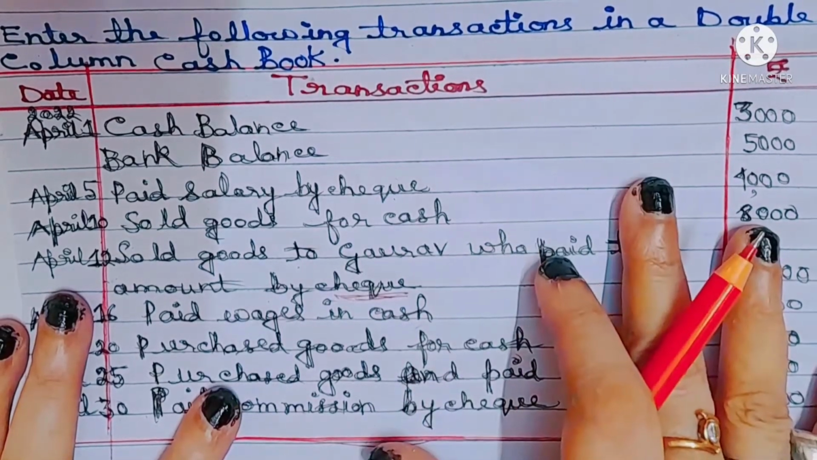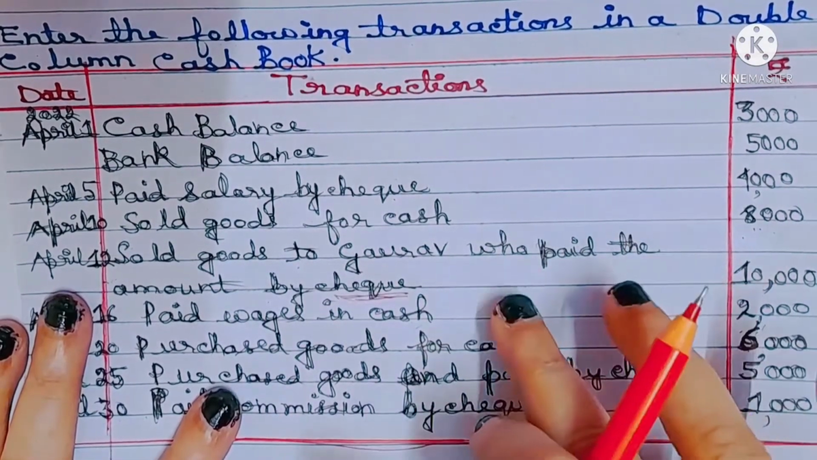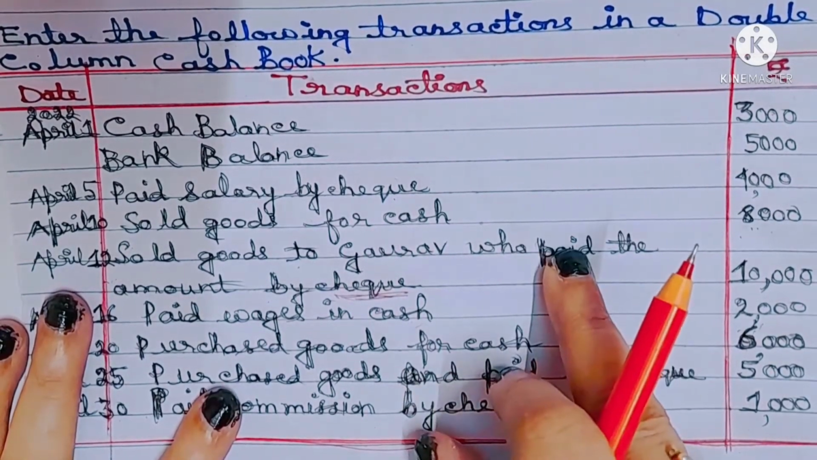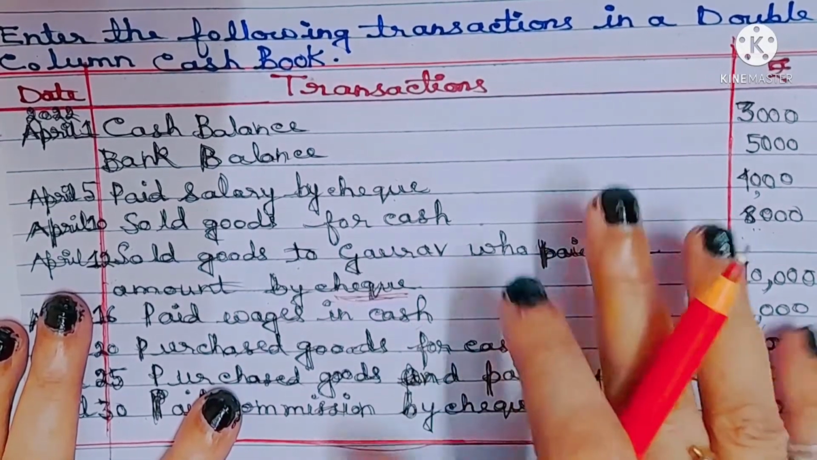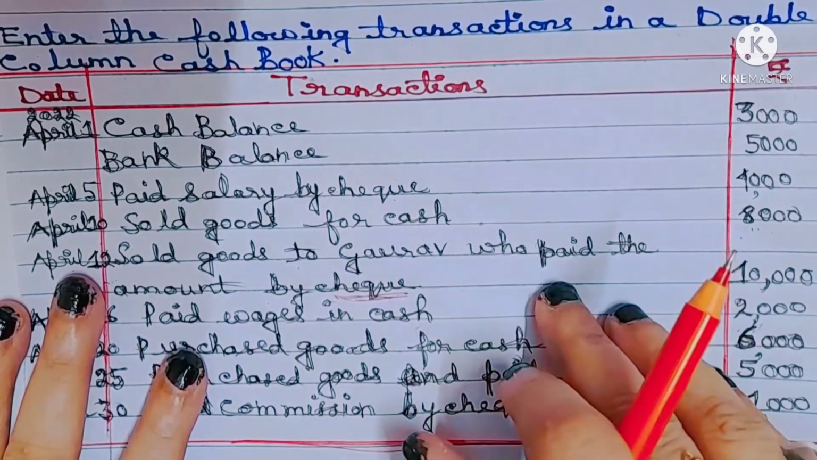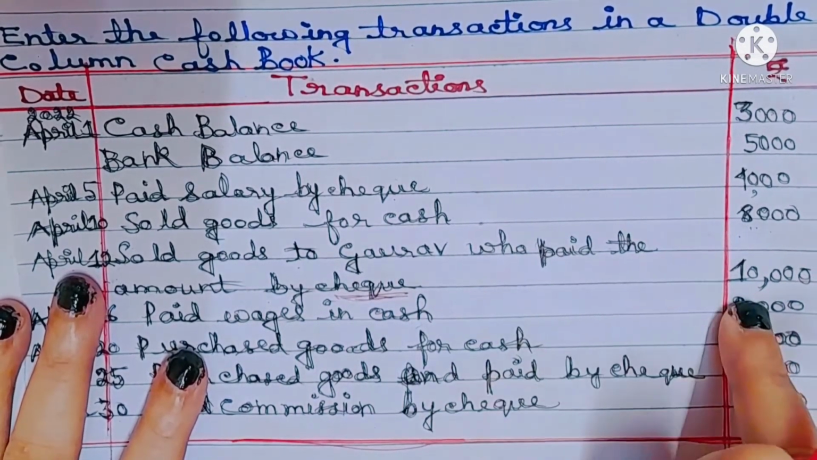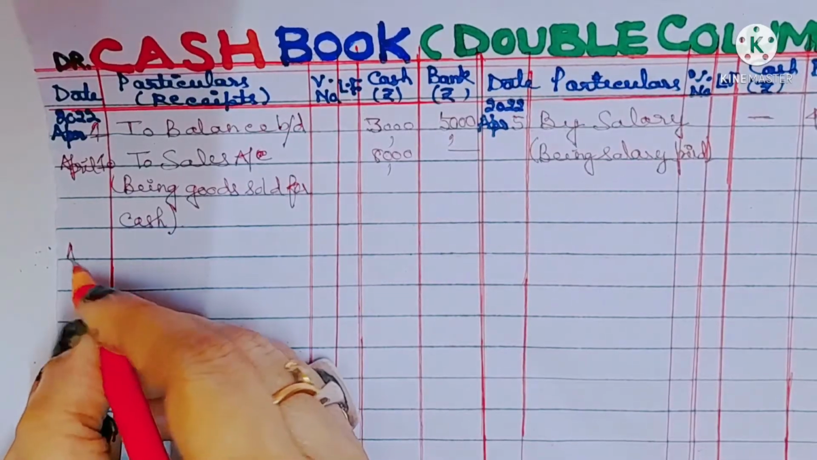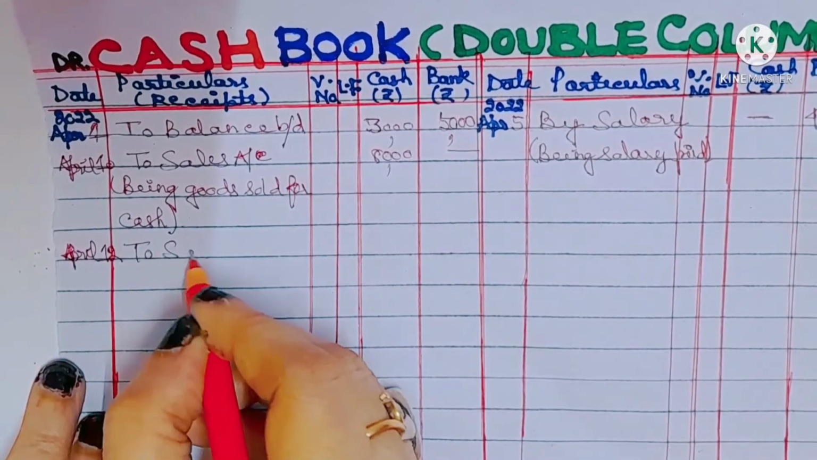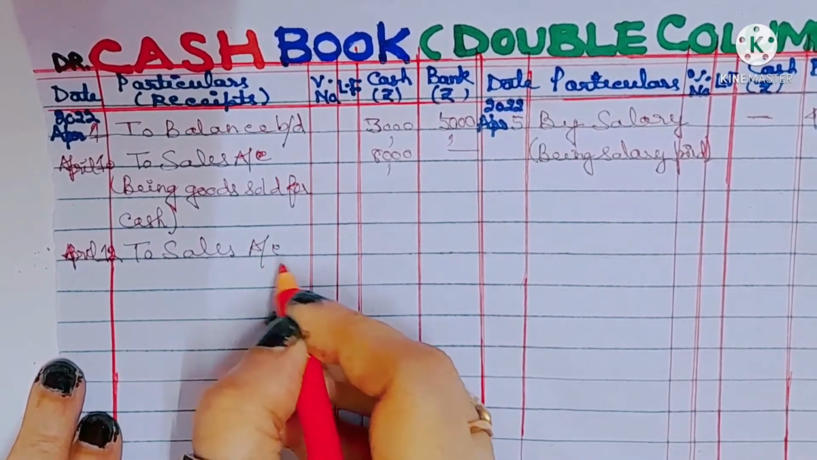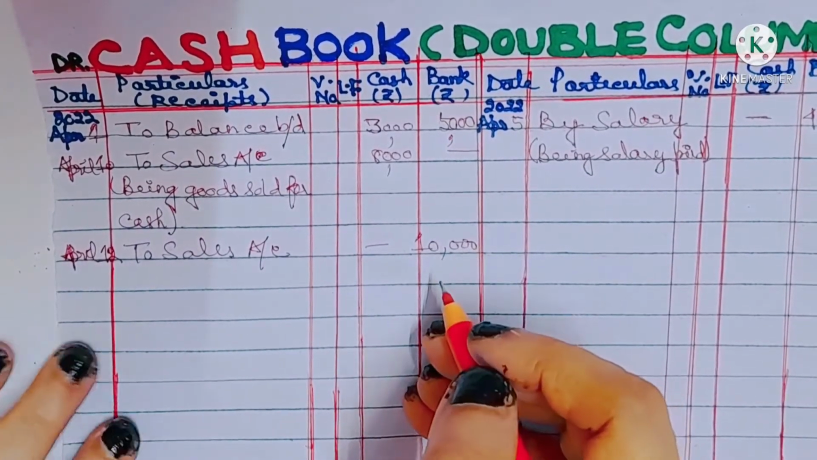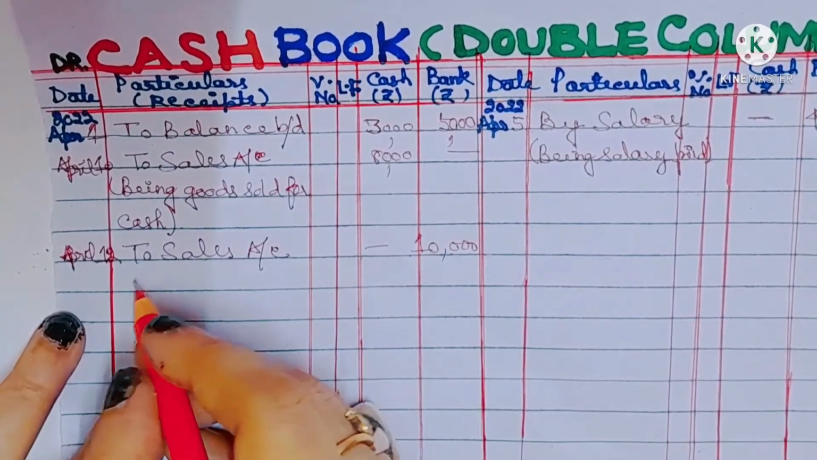So what is the journal? The journal will be bank account debit to sales. So what is the position of bank account? Since bank account is on the debit side, sales account will also be on the debit side. So we'll have to write to sales account in the cash book on the debit side in the bank column 10,000. Okay, so let's write 12th April to sales account. How much? 10,000 in the bank column because sold goods to Gaurav who paid the amount by check. Being goods sold